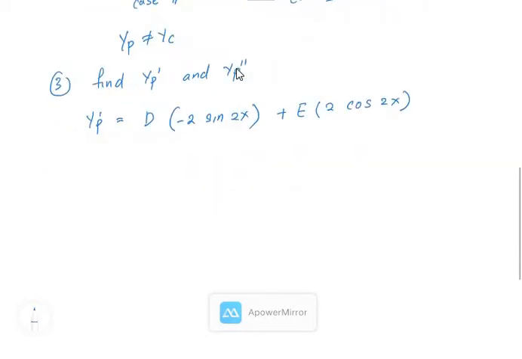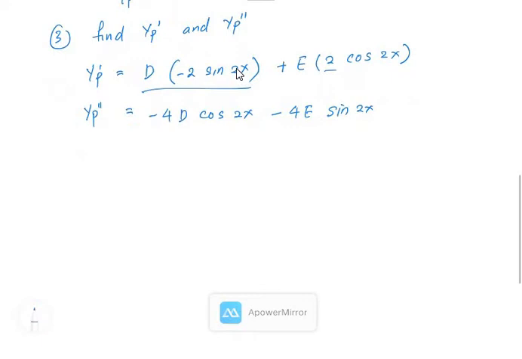This is the yp, and then you need to get the yp double prime. Okay, yp double prime, what do you get? So from here you get negative 4d cos 2x. And then differentiate cos, you get minus sine. So initially you have 2 here, so differentiate again, you get negative 4e sin 2x. Okay, so after you get this yp prime and yp double prime, you substitute into the differential